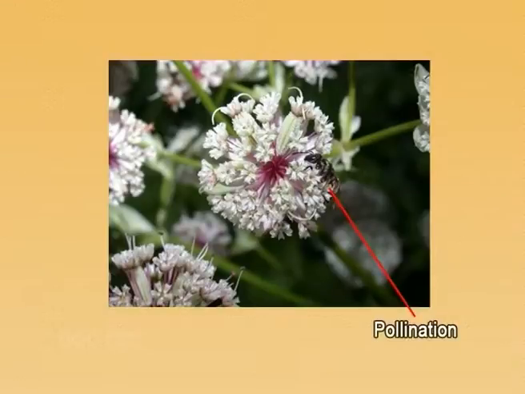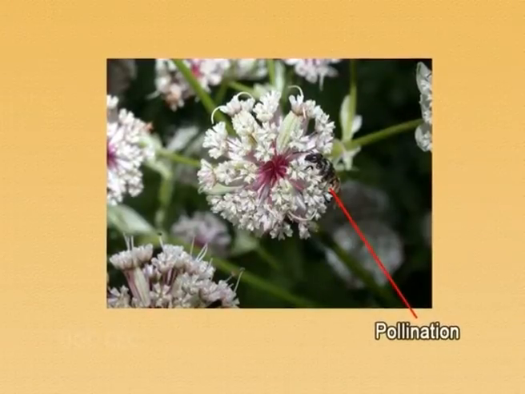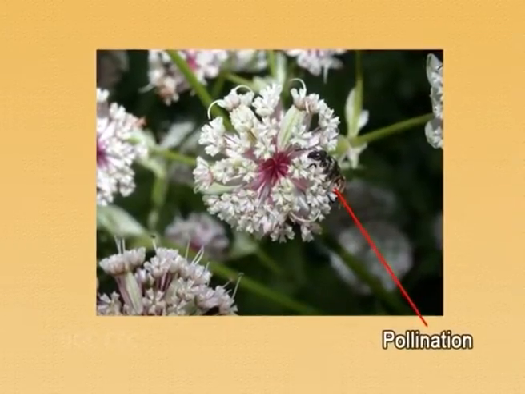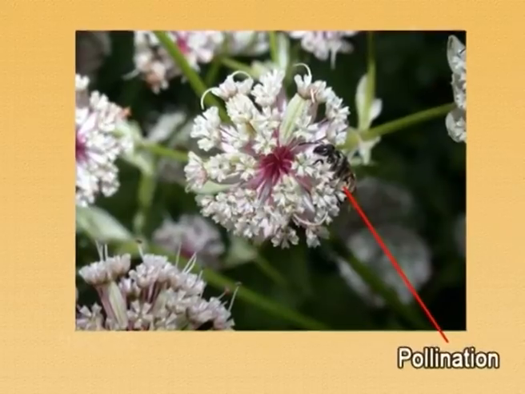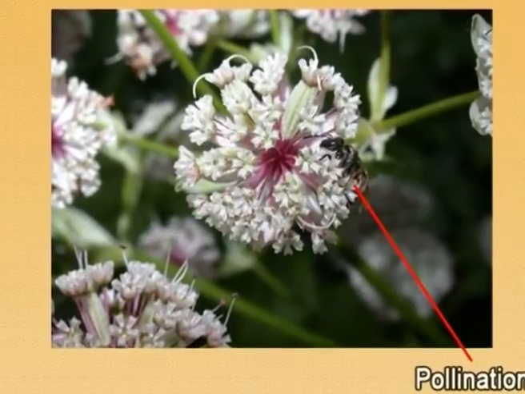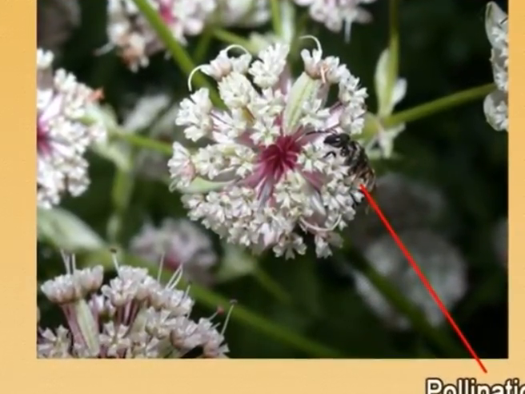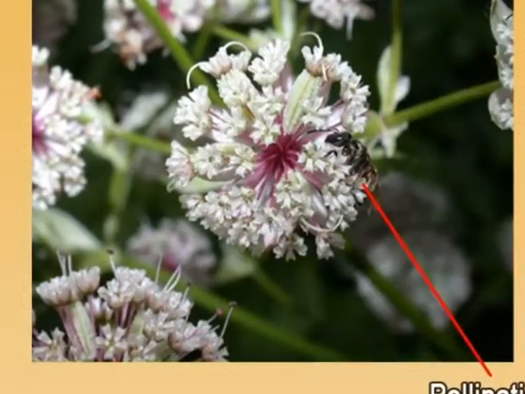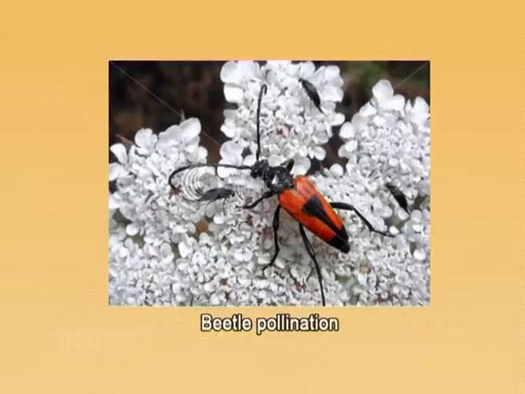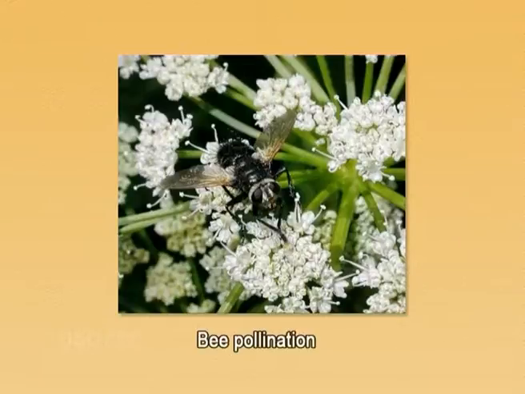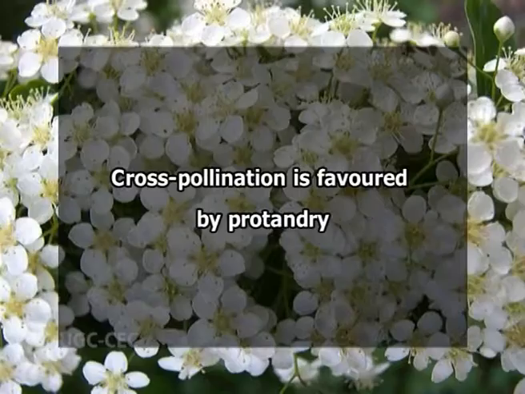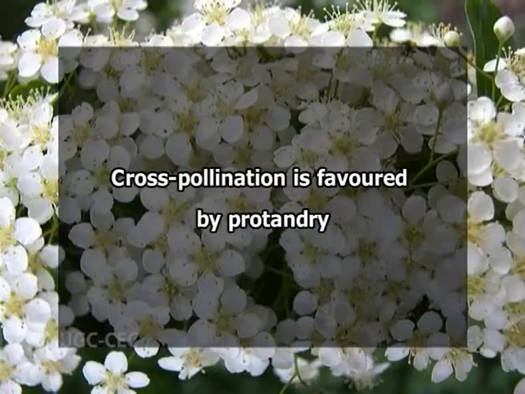In the case of Apiaceae, we usually have small flowers. These small flowers are typically densely aggregated, as I already mentioned, in the form of an inflorescence called umbel. That's why they are pollinated by a wide range of small nectar gathering insects like flies, beetles, bees, and moths. Cross-pollination in Apiaceae flowers is mostly favored by a phenomenon called protandry.